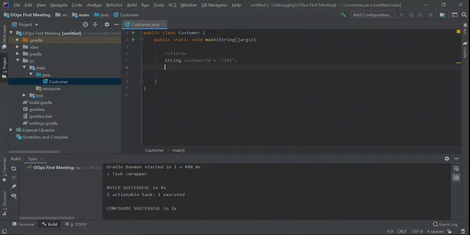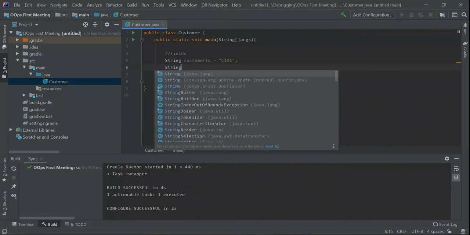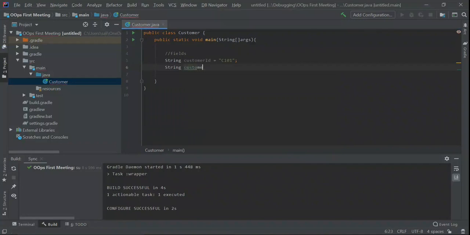Semicolon is mandatory after each statement. After customer ID, we create a String data type, customer name, which holds the value Stephen Abraham,